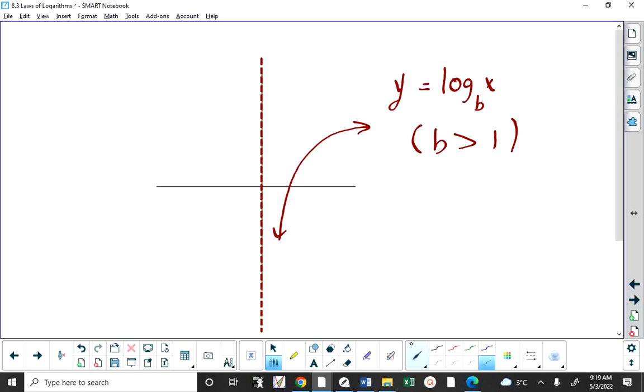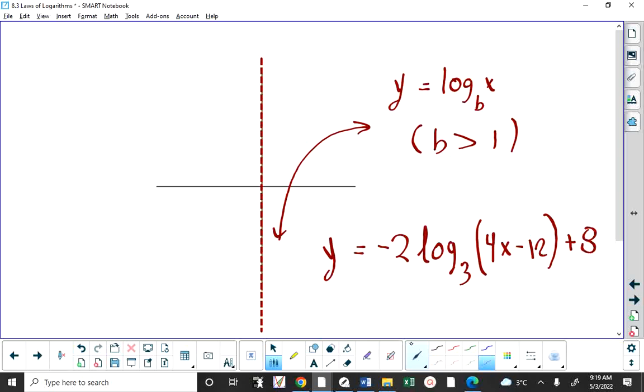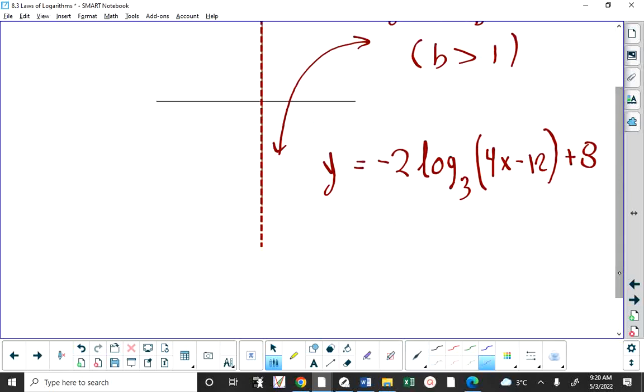The bottom line is, and we run into problems here because I've used b for the base, the problem now becomes, can you graph things like that? I don't really believe that you would ever be asked to graph that, but you would be asked things like, what's the domain, what's the range, what are the intercepts of the function? So if you factor the 4 out of the 4x minus 12,